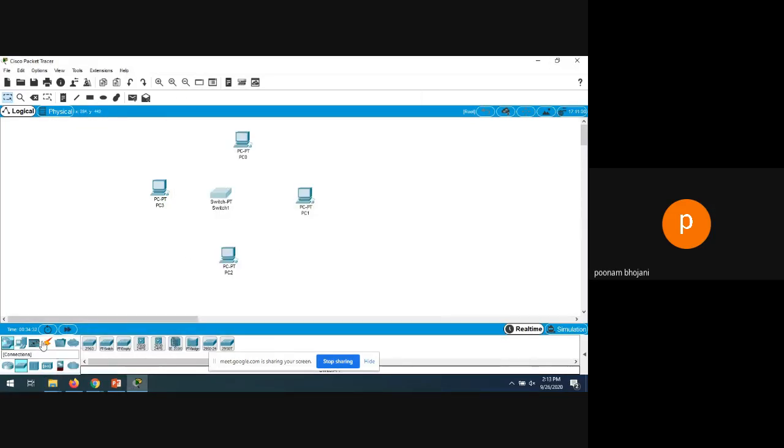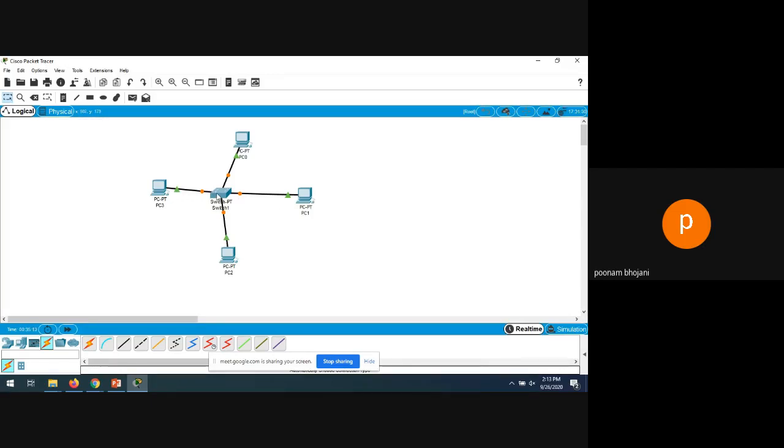Now, how to make the connection? I told you that you can use different types of connection if you know how the 2 PCs, or a PC and a switch, can be connected. But if you don't know, take this automatically chosen connection. What you have to do, by taking this, is click on the PC and the switch, and it will be connected, right? Same way for the other PCs. This PC and the switch are also connected. This PC is also connected to this central controller, and this PC is also connected here. Okay. So this way the connection can be done.